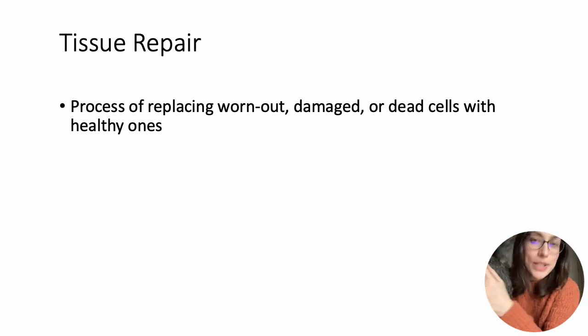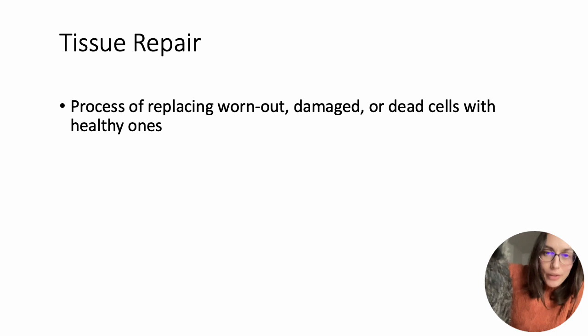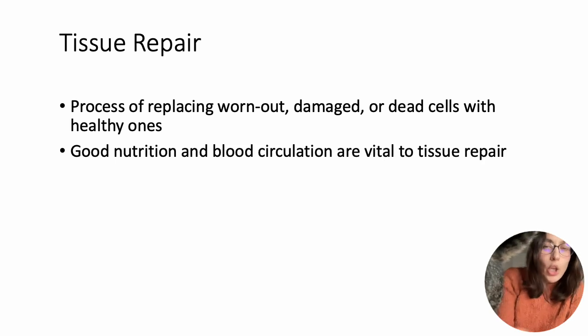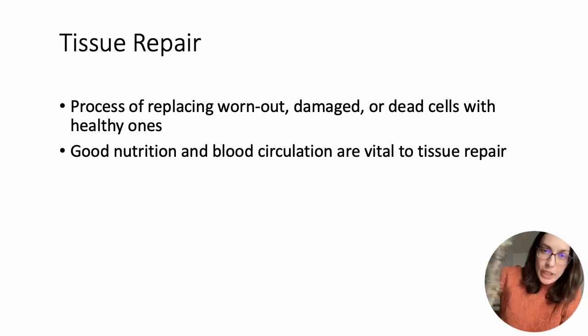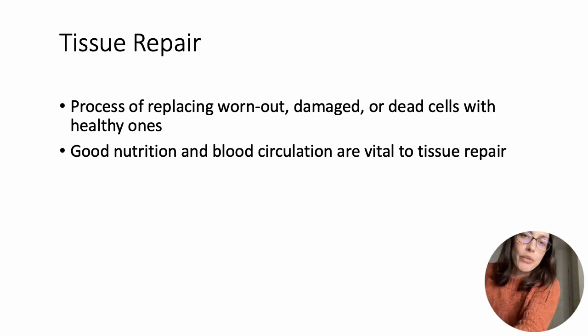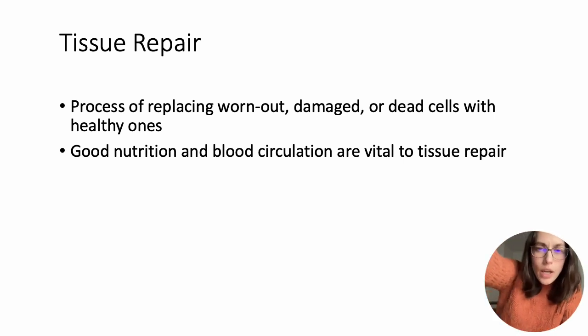But those things we cannot change. There's nothing you can do about it. However, there are some things that we can do to help in tissue repair. Good nutrition is really important because what we eat is the building blocks of the new tissue that we're forming. It's also important to have good circulation for tissue repair. Good circulation, we have some control over as we're moving around and